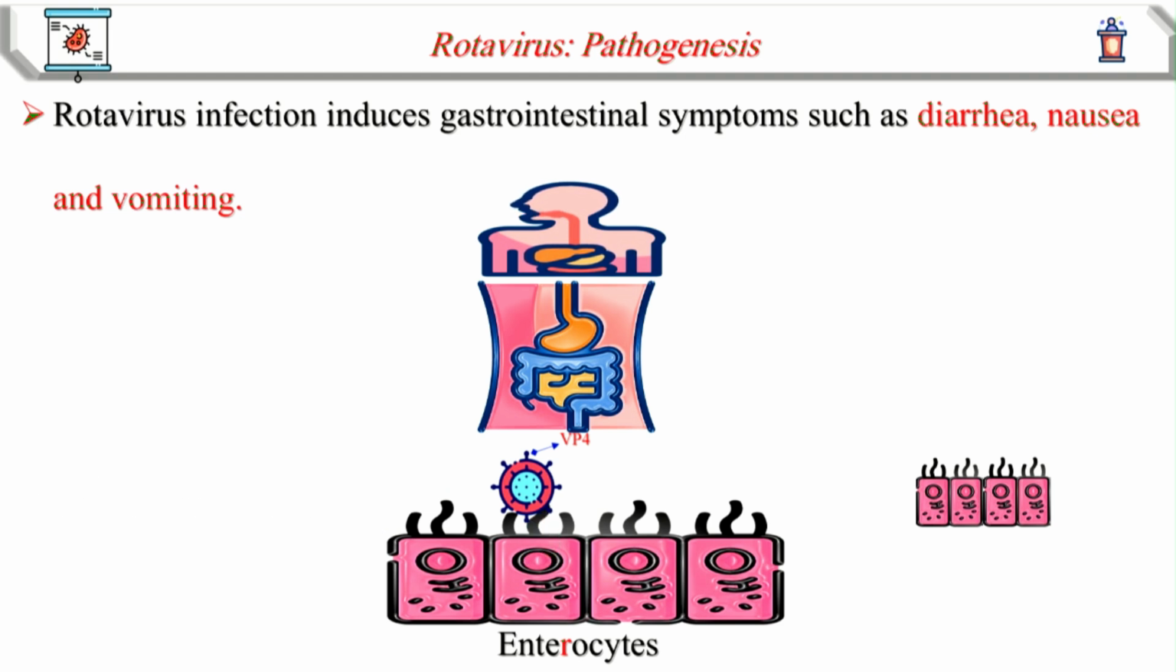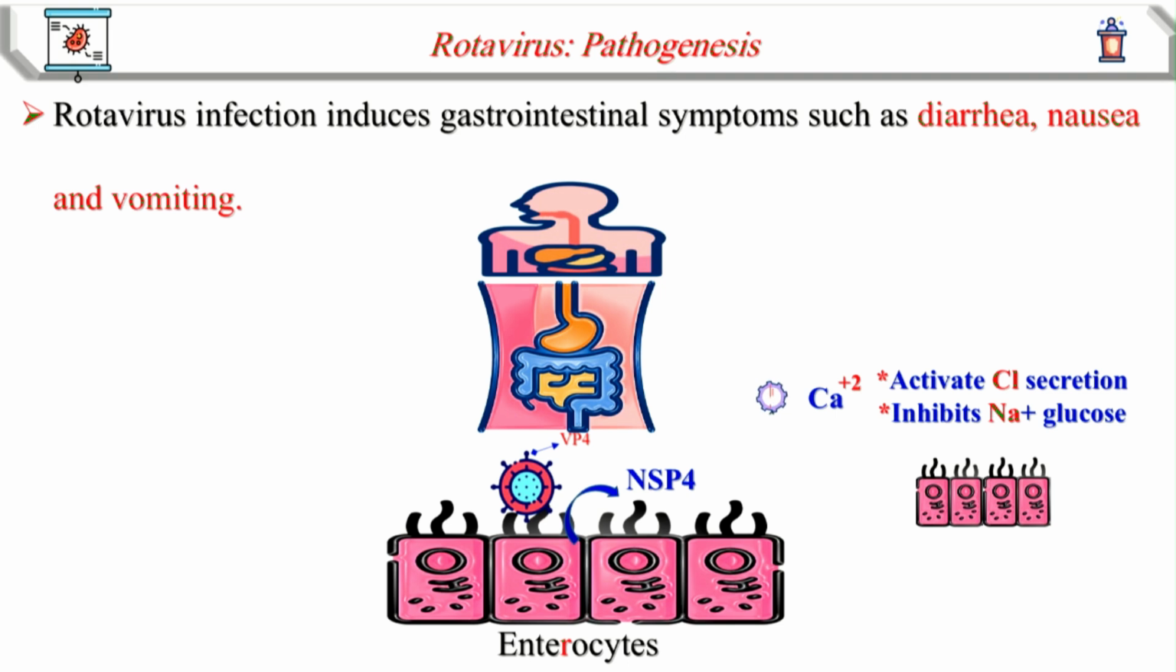Then after replication of the virus in the enterocyte, it starts to express its non-structural proteins, and the main non-structural protein responsible for causing all of these clinical manifestations is regarded to be non-structural protein 4, because non-structural protein 4 acts as a viral enterotoxin. What precisely non-structural protein 4 does in the enterocyte is that it results in the increase